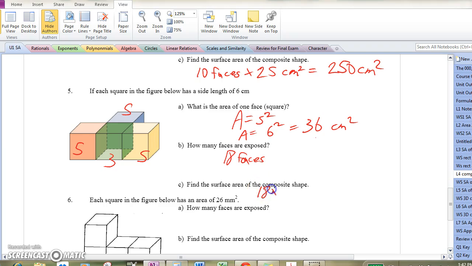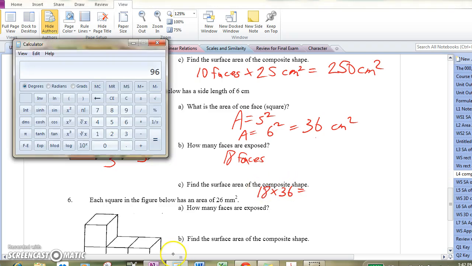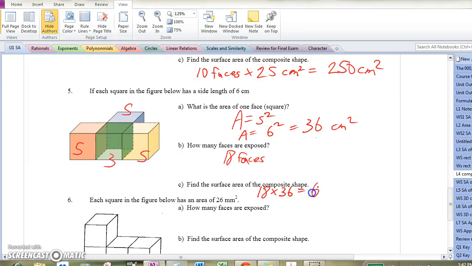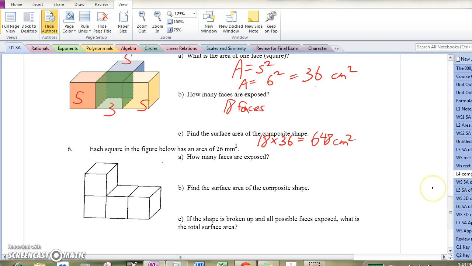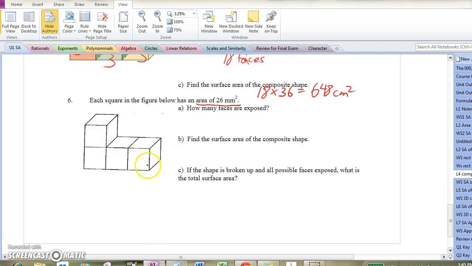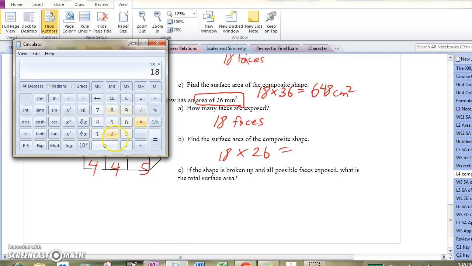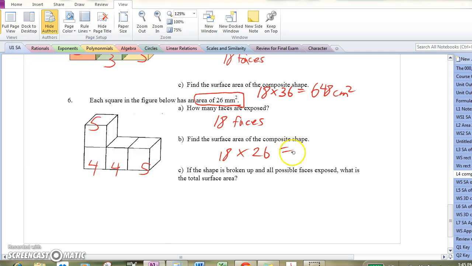So the surface area would be 18 times 36. Figure out your total. 648 centimeters squared. Any questions? Okay, so we have 5 faces, 4 faces, 4 faces, 5 faces, total of 18 faces. To find the surface area, it'd be 18 times 26, because I did change it. I told you the area up above. So multiply those together. 18 times 26 equals 468